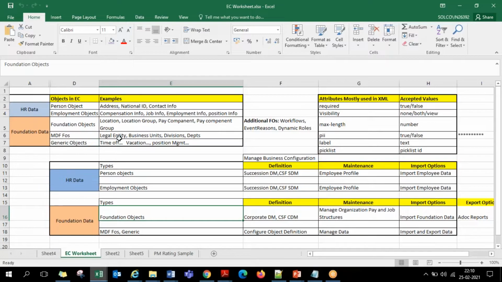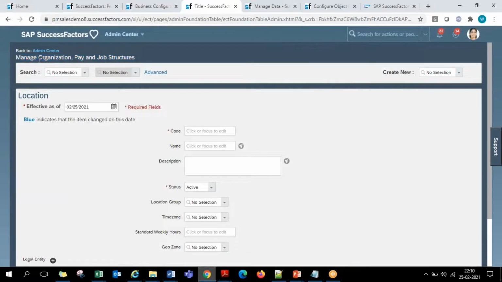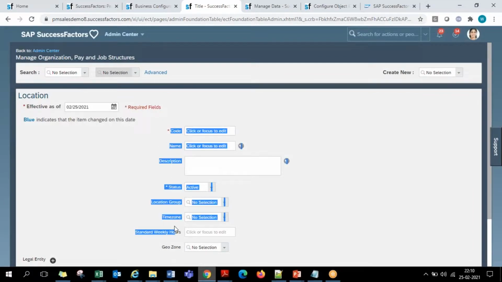The foundation object examples are locations, location groups, all these that we saw on the top. So where am I going to create a location in the system? I showed you this screen: Manage Org, Job, Pay Structures. It is the place where a location can be created. On the location creation screen, these are all the fields.